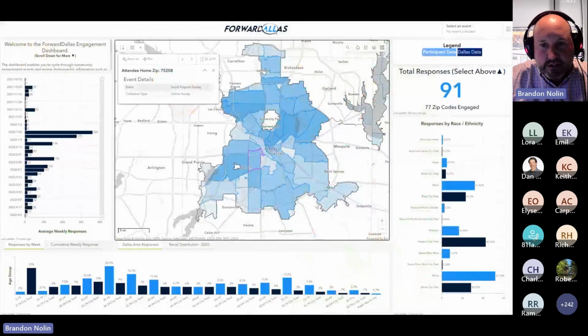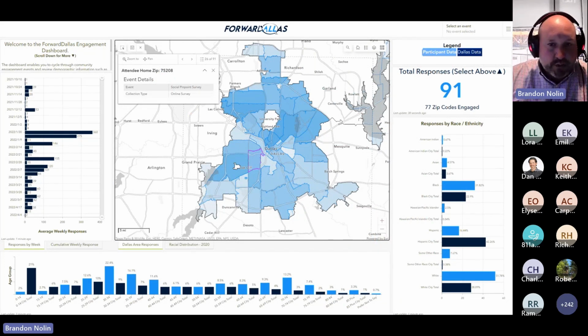the public. This is some work that we've developed with the city of Dallas as they're undertaking their land use plan. They're using a dashboard we created to help monitor input. So they're doing a ton of in-person engagement, meeting with hundreds of people, and they're tracking demographic information, and they're using the dashboard to basically enter information, see the real-time result from them inputting the data, and understand, hey, this area is underrepresented in our process, or we're really not seeing Black or Latino voices in this neighborhood, even though we would expect to based on demographics. So their outreach team is using this tool to help modify their approach throughout the process and kind of create